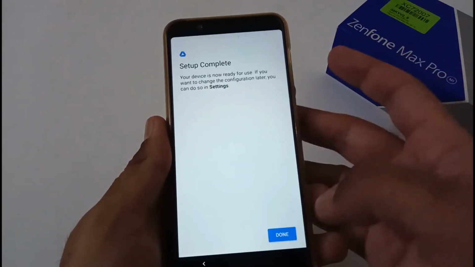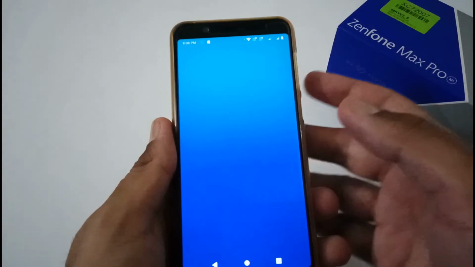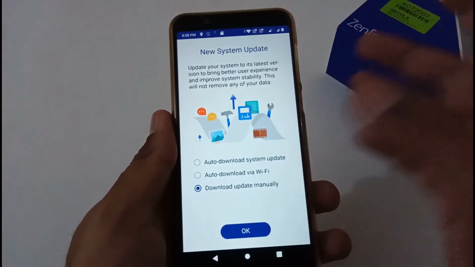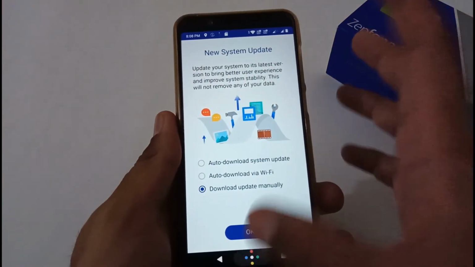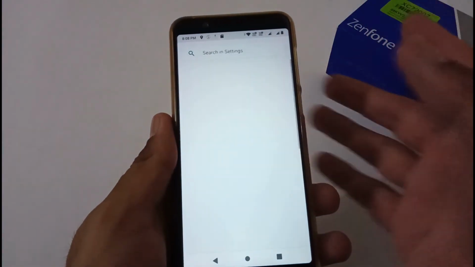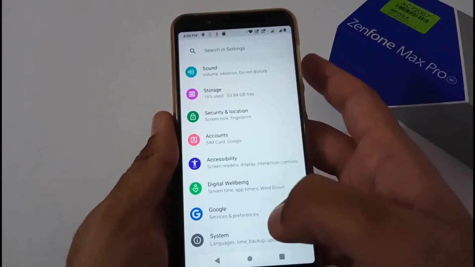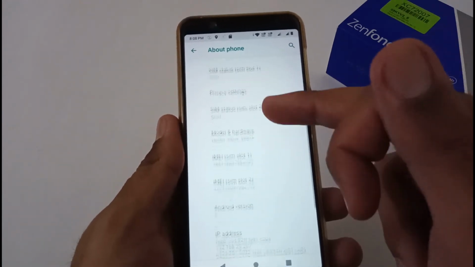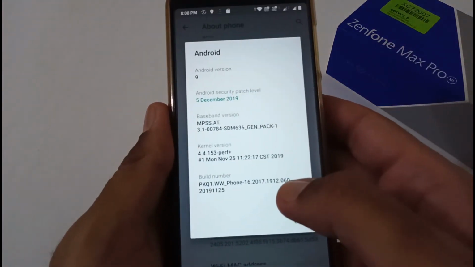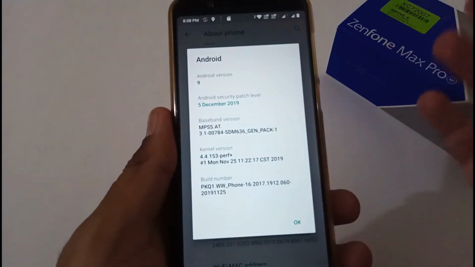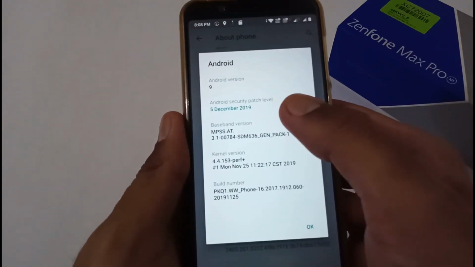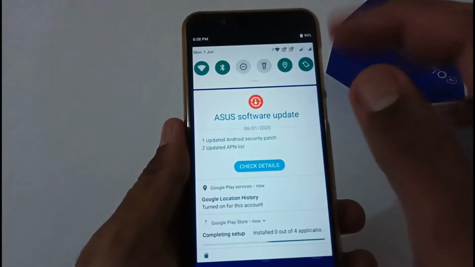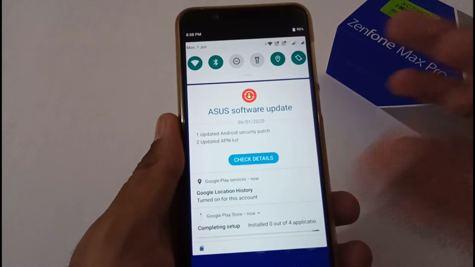So finally we are almost on the verge of completion of the setup process. Now we will be moved to the home screen or login screen, and let me confirm once again. The best part is that FOTA is again available. Few users complained, bro, after upgrading or downgrading will I get the FOTA or not? But before that let me show you that the installed version at my side now would be 0.60. So on my screen you are able to view that we have successfully downgraded from version 0.82 to 0.60 with the security patch level of 5 December 2019, and now you are also able to view the FOTA service update and so on.